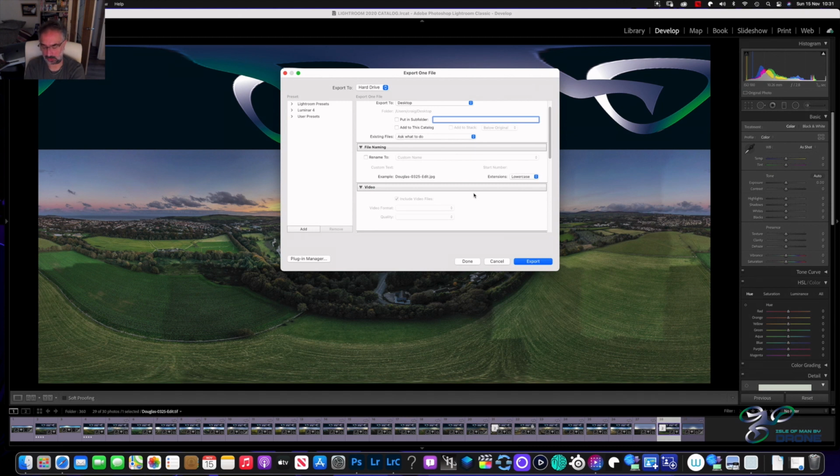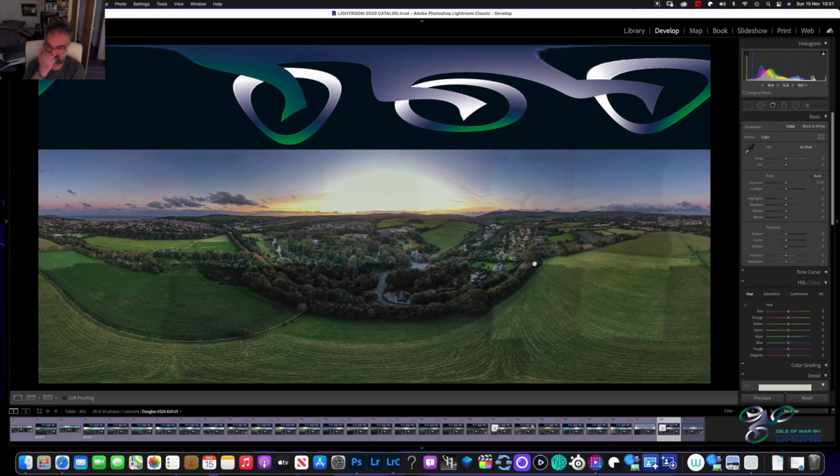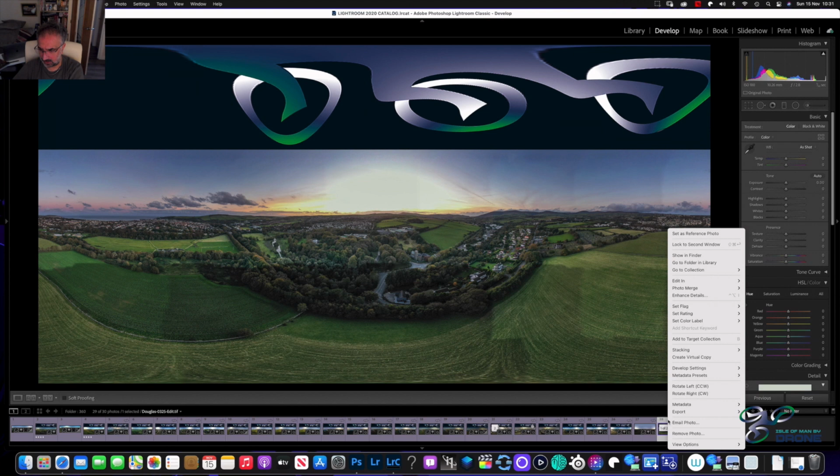That will get dropped into a folder of 360s not previously used, and then when I eventually put them on Facebook, I will then move that file into 360s used, so that it's just me managing which ones I've previously published and which ones I haven't. So I will export that now because it's complete. I export it, if I go back into there, actually, export,